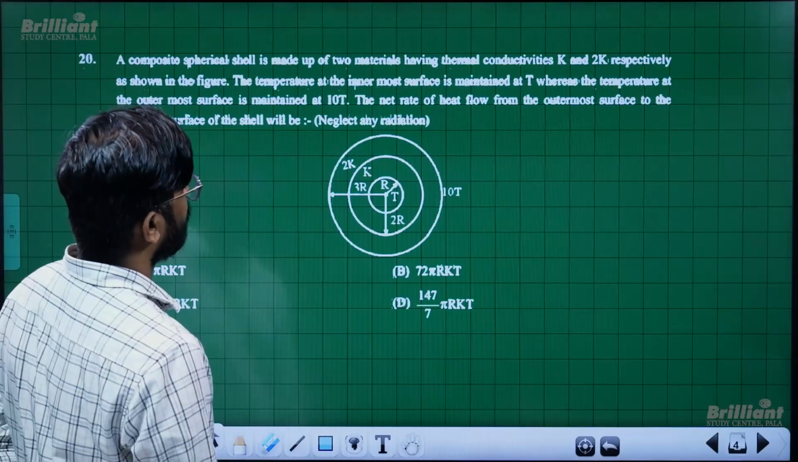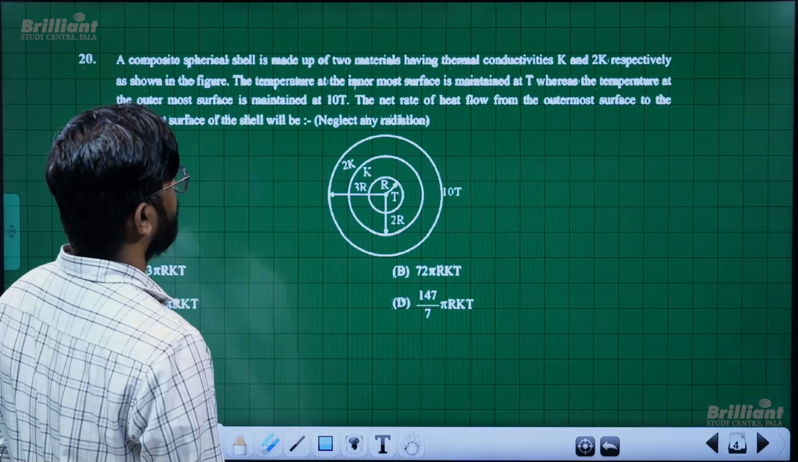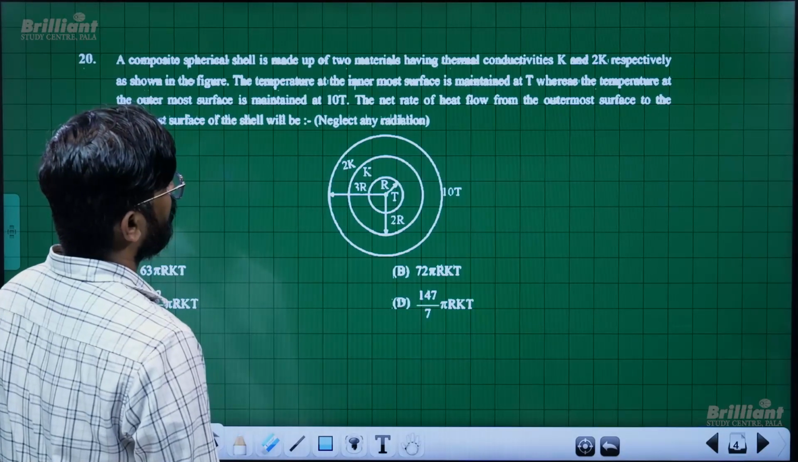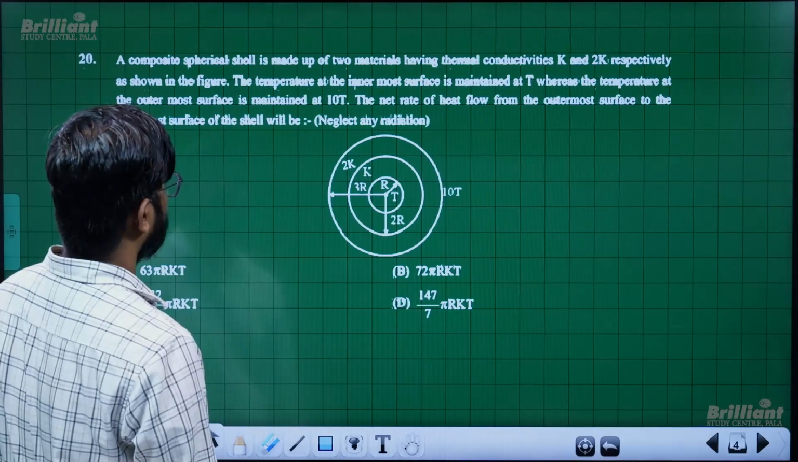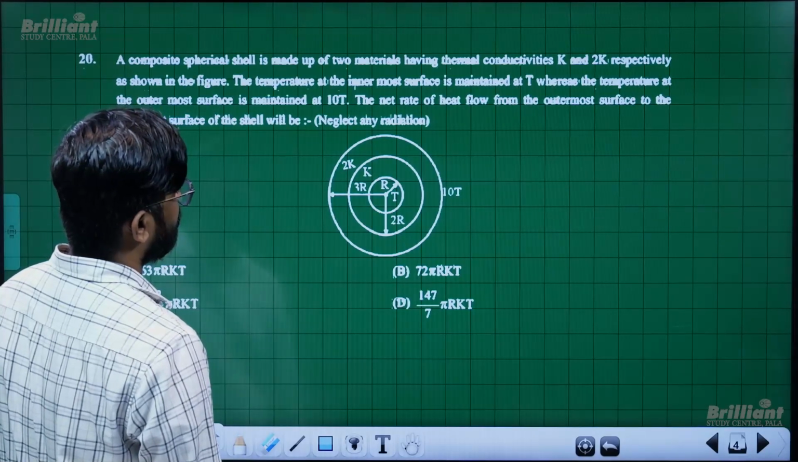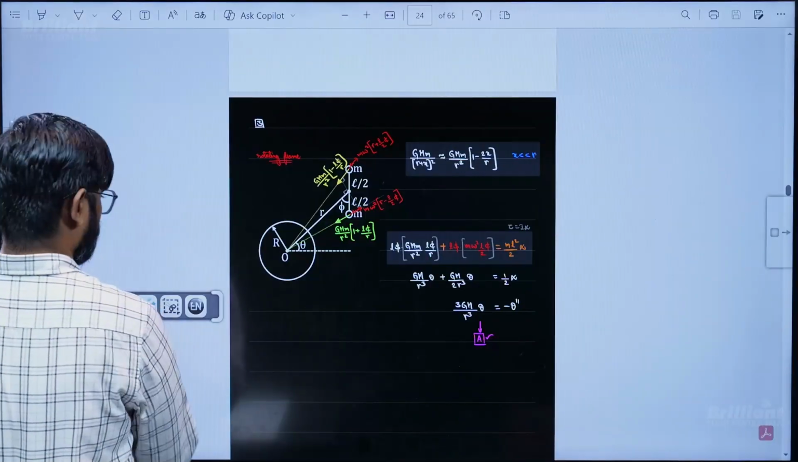The temperature of the innermost surface is T and the temperature of the outermost is 10 T. The net rate of heat flow from the outermost surface to the innermost surface of the shell. So there is a temperature difference, heat will be flowing, it is because of conduction. So you can connect it to